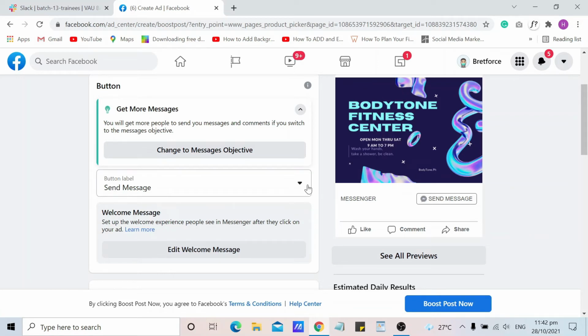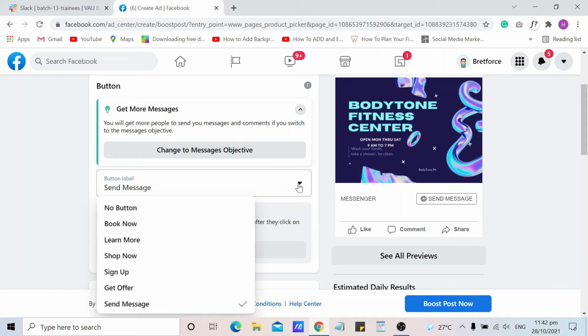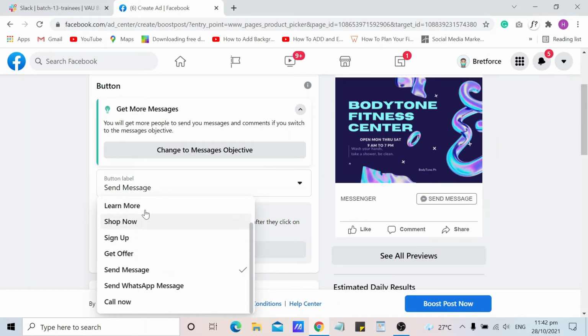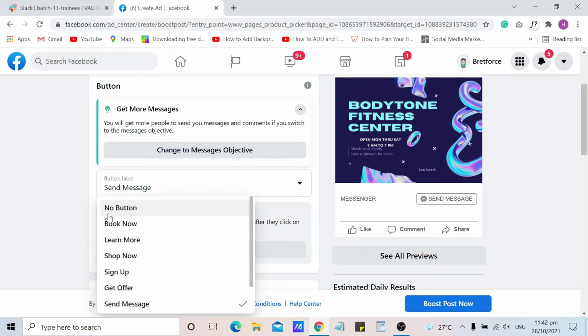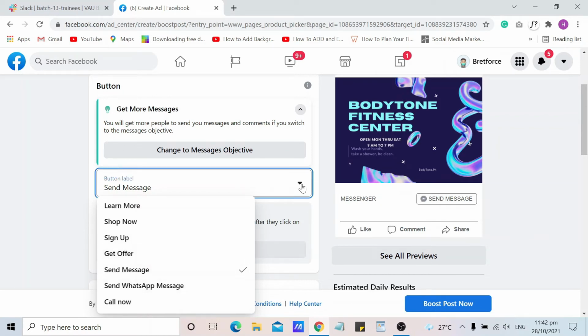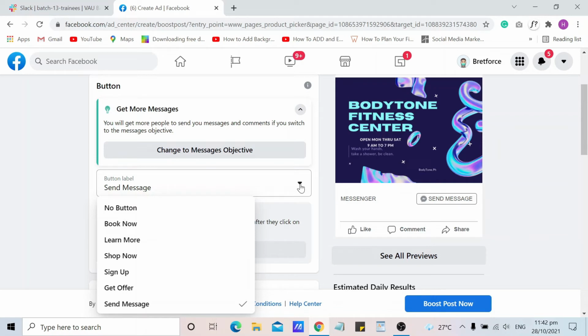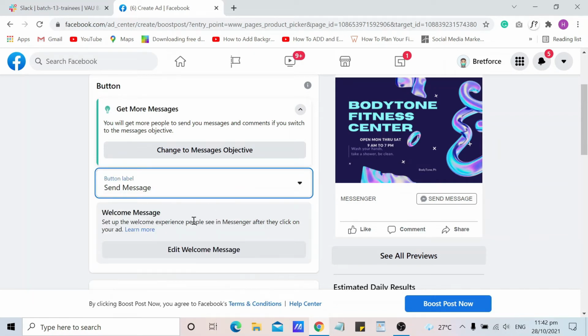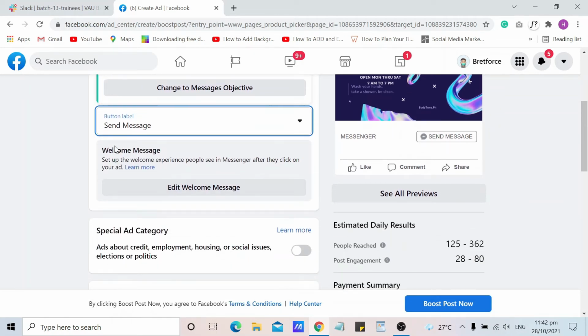You can also select button label for your ad. It's the same as in the previous tutorial. You can choose no button, book now, learn more, shop now, sign up, get offer, send message, send WhatsApp message, call now. I prefer to choose send message. And you can put the welcome message here.